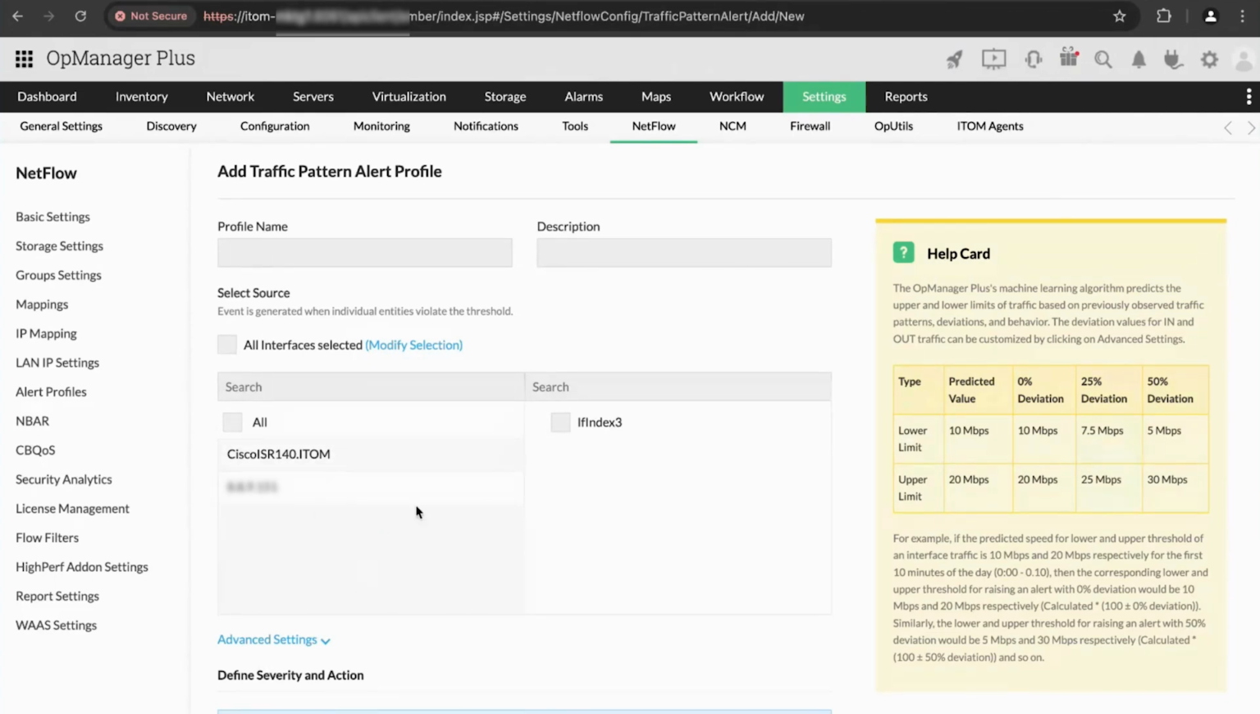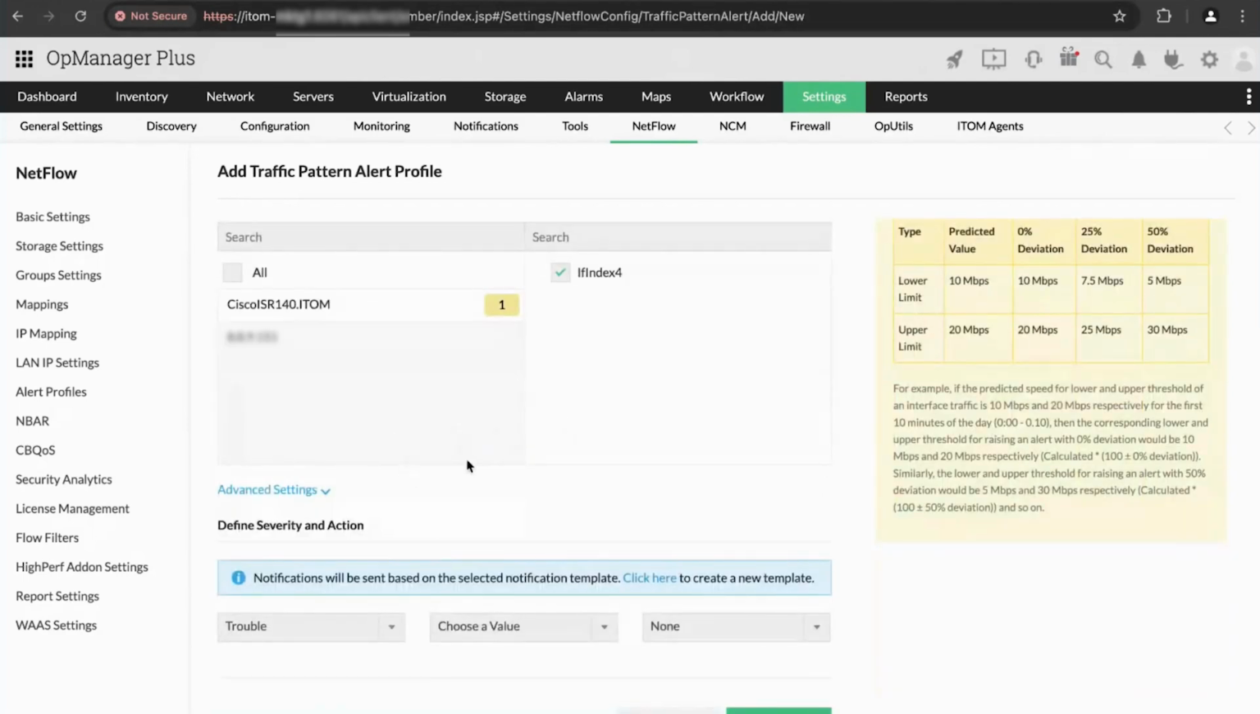So if I want to apply traffic pattern analysis to this particular router and this interface, I can just select that. After that, I'll be able to configure. Once I select it and click on save, traffic pattern analysis data collection will start for this interface, which means that OpManager Plus will start monitoring the traffic collected from this particular interface, and it will just